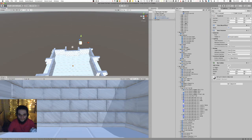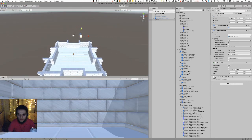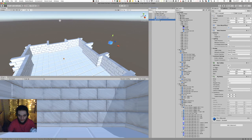So, we can also work with a lot of verticality in these rooms as well. So let's create a new material. Well, actually, blue might work. Yeah, blue works, the blue material I've got. Let's change the scale to 0.5, 0.5, 0.5. Let's give the cube a rigid body, so it's got physics. Then let's rename it to...